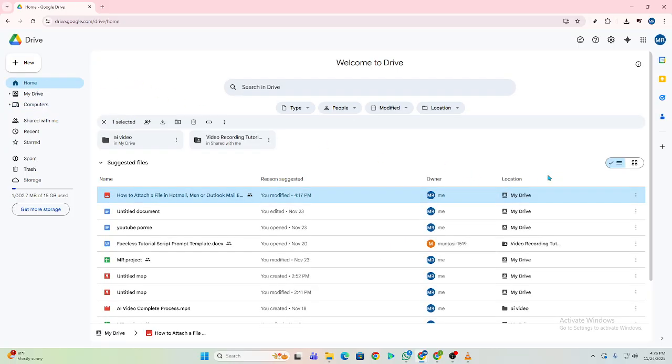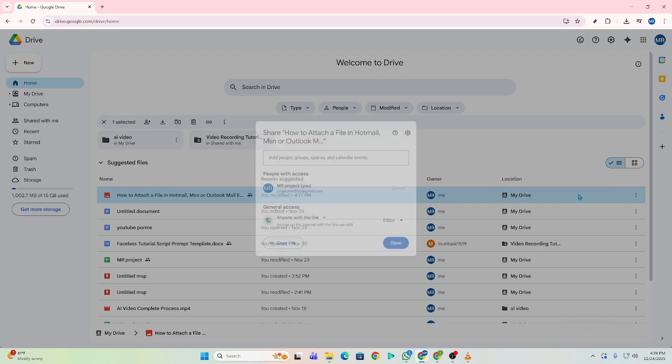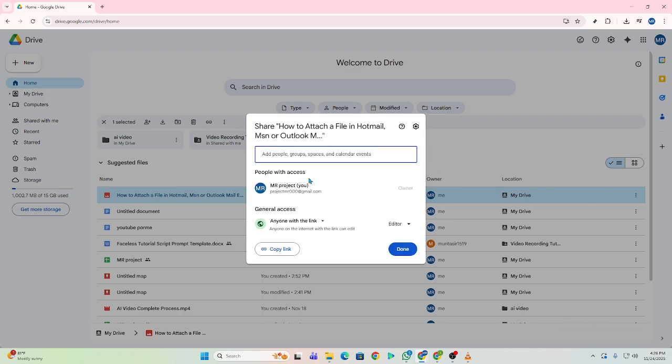Choose any file that usually shows the You Need Access message. When it's selected, click the Share button to open the permission settings. Inside the sharing window, find the section where it says Anyone and click on it so the visibility options appear. Switch it to Anyone with the link, which ensures that people opening the file won't run into that access issue